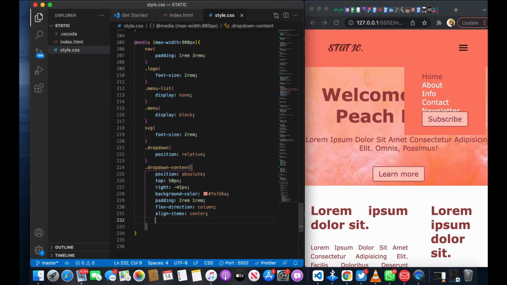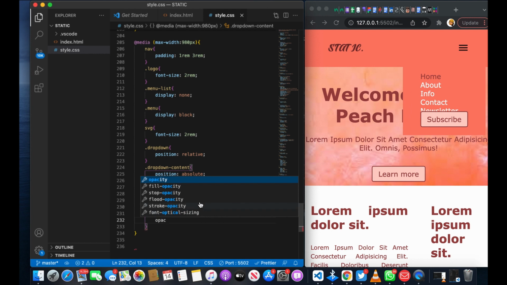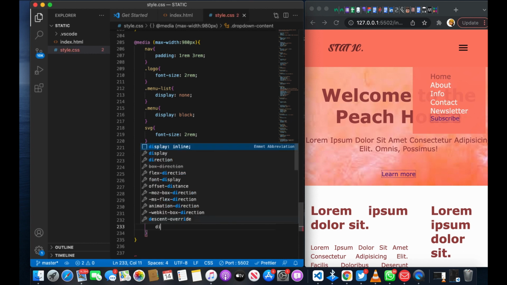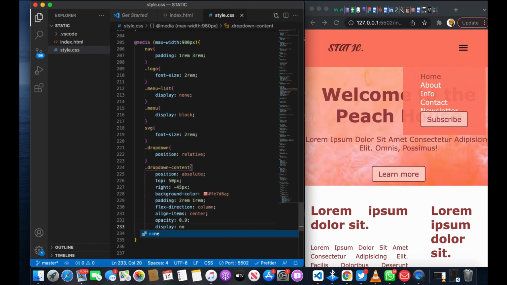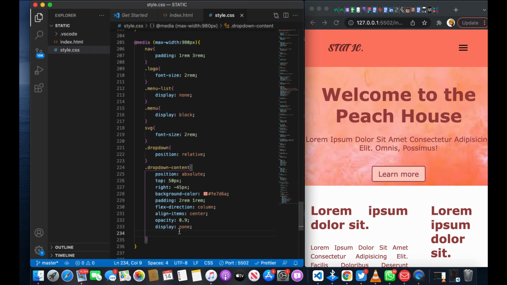Then we want to give the background an opacity of 0.9 so it doesn't completely cover the background. So yeah, you can see a bit of what is behind the background. The next thing we want to do is give it display none, because we don't want it to show all the time until an action is performed. So okay, now before we give it display none, let's